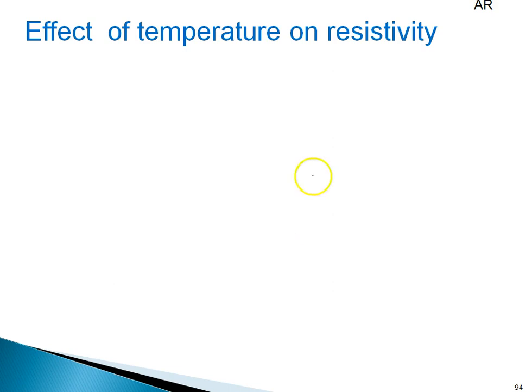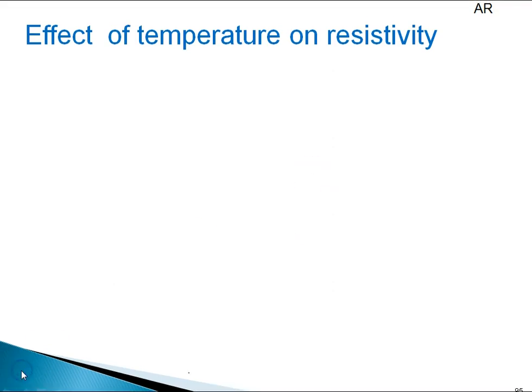Now effect of temperature on resistivity. So again I will explain the basic concept regarding effect of temperature on resistivity. I assume any conductor. Suppose this is a cylindrical conductor in which there are a number of free electrons. All of us know at every temperature free electrons are in random motion and these electrons are in continuous collision with neighboring electrons.